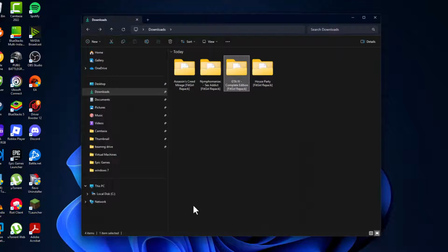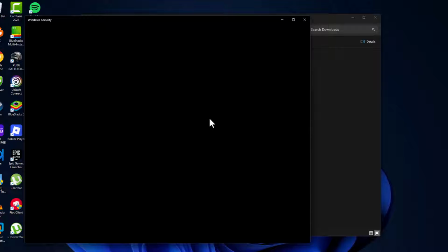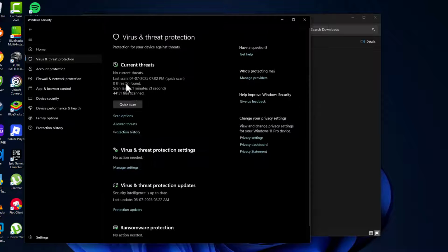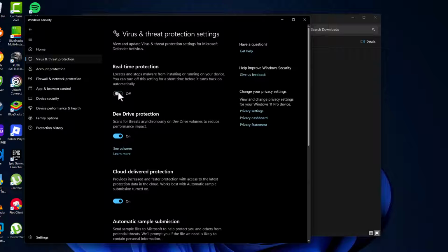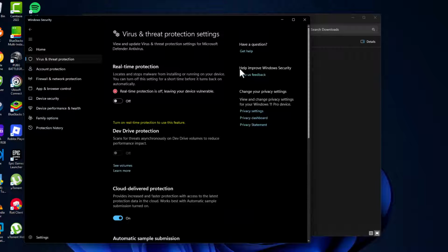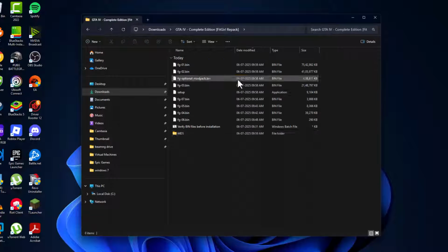And then you just need to go to the search menu, type Windows Security, and click to open it. Select Virus and threat protection and select Manage settings. Turn off the real-time protection, and then just minimize this page and double click on the setup folder, double click on the setup, and select